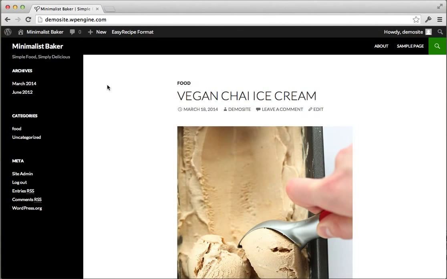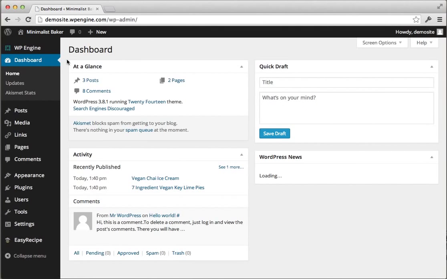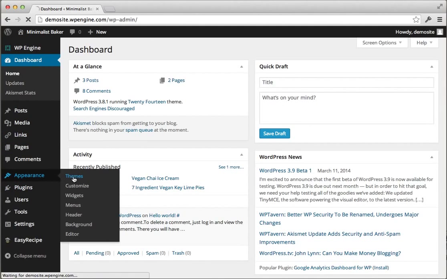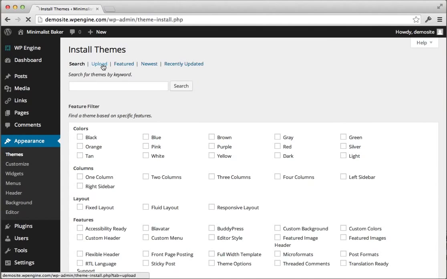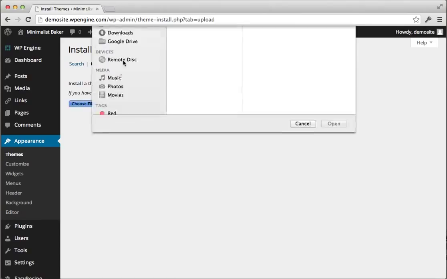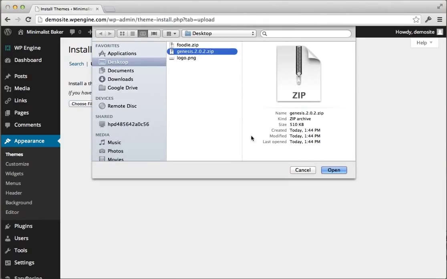I've also already downloaded both Genesis and Foodie to my desktop. So if you purchase these from StudioPress, you'll download 2 zip files, which you can save somewhere on your computer. To install these on your site, I'm already logged in on my WordPress site, so I'm going to go to our WordPress dashboard, click Appearance and then Themes, click Add New, click Upload, and then we'll first upload Genesis, which